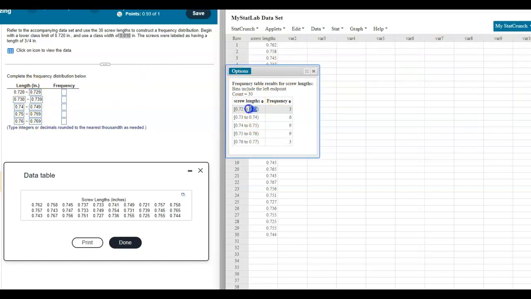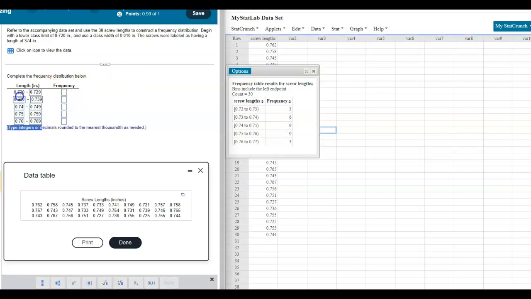You may say, hey, I see 0.73 here, but there is a parenthesis, which means 0.73 is not included in the first class. It's included in the second class where it's written with a bracket. That's interval notation. It's okay if you don't understand it, but if you can understand how I got these values here, then you're good to go. All we need to do now is copy over these frequency values,